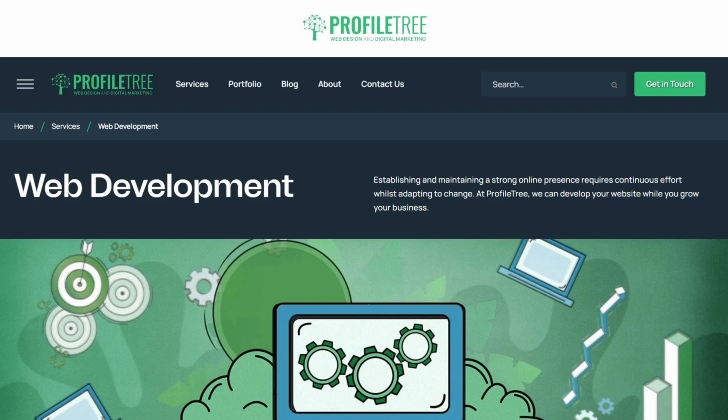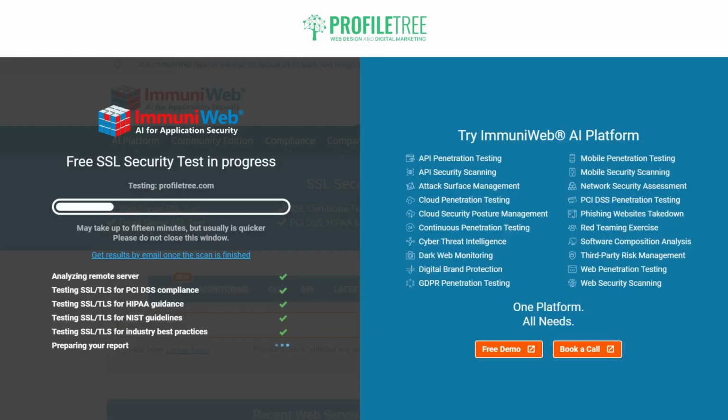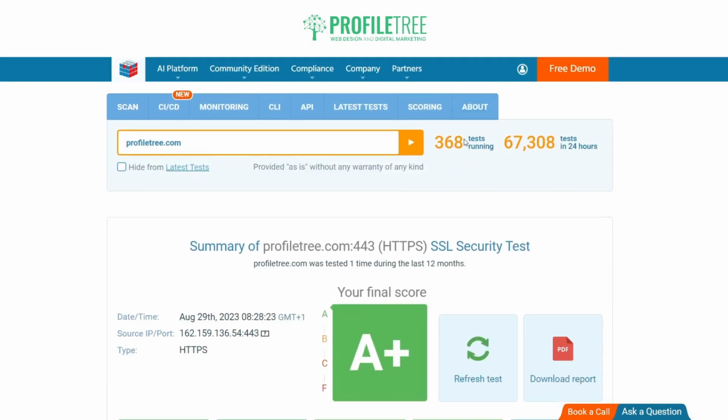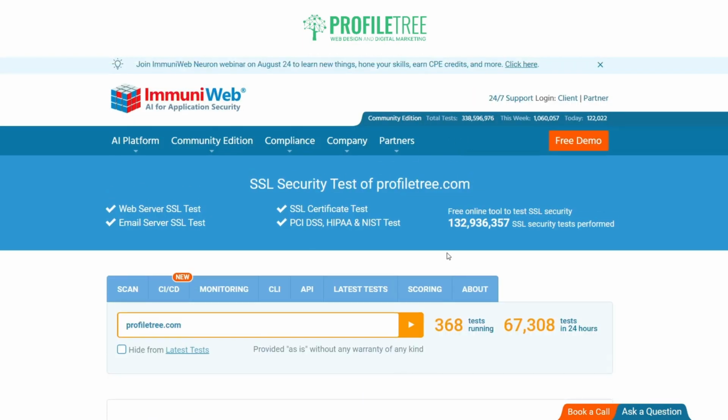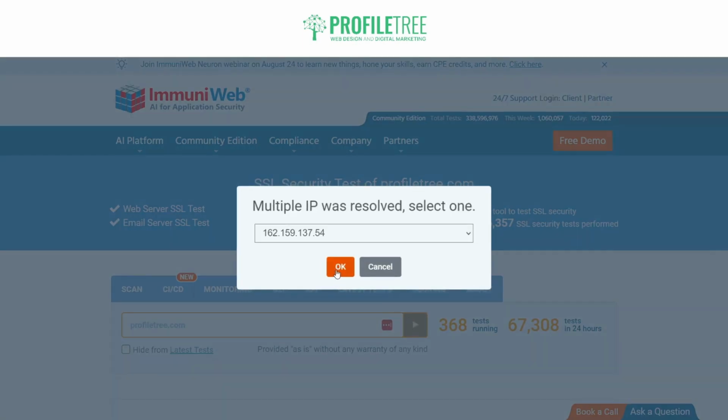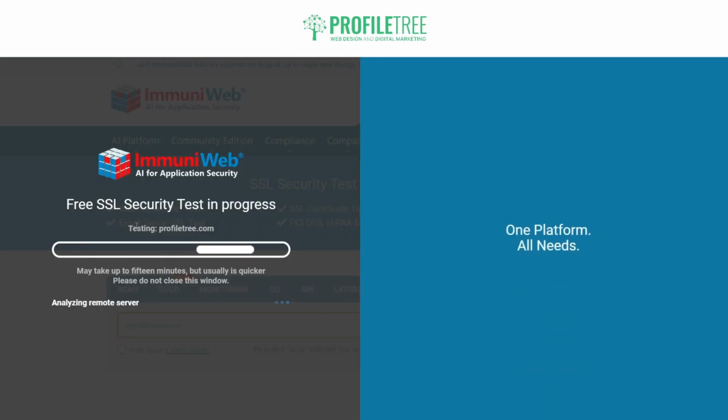But if you do want to check out how you can test for SSL security for your website, there are plenty of different sites available. So here we have a site, which is ImmuniWeb, and this is where you can pretty much just insert your URL, go ahead and press the play button there. There's two different IP addresses for us, so depending on the IP address that you want to test, go ahead and select OK. You'll get a